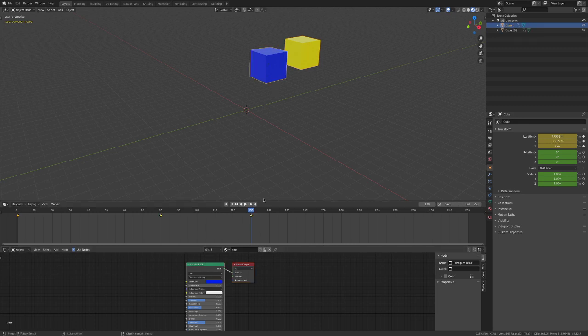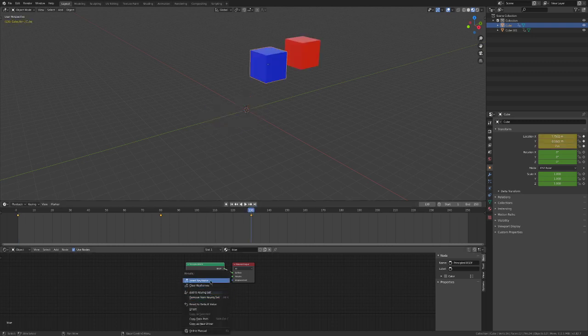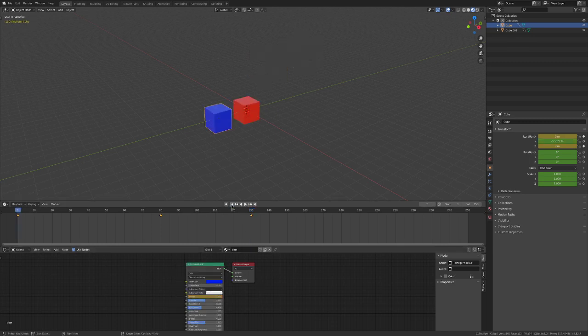While the other one, go to the first keyframe, same thing, actually not same thing, we're going to animate the metallic, and once we're here it's going to be completely metallic. Okay, so